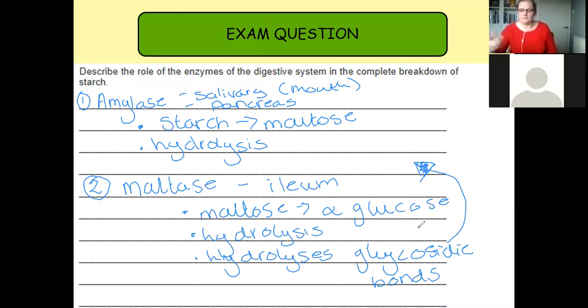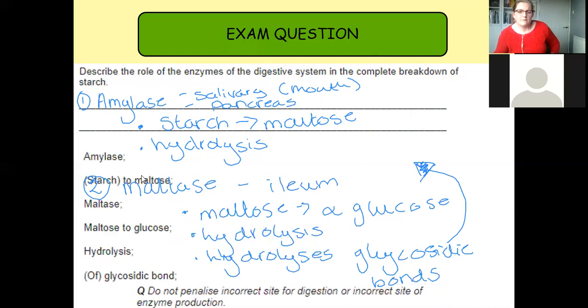So that will give you those 5 marks, and we can double check it with the mark scheme. Here we go. Amylase is starch to maltose. Then we have maltase, which is maltose to glucose. A mark for saying hydrolysis, and it's the hydrolysis of